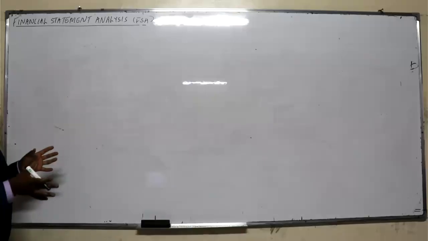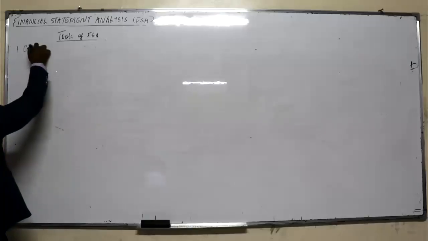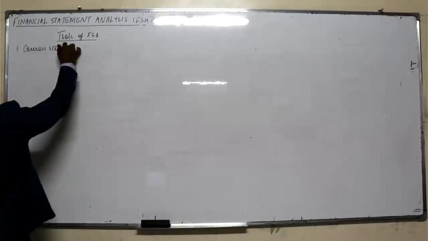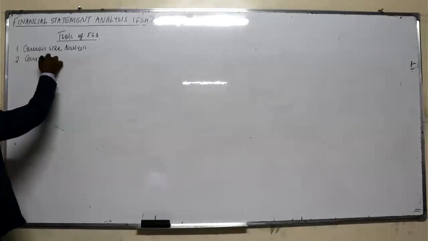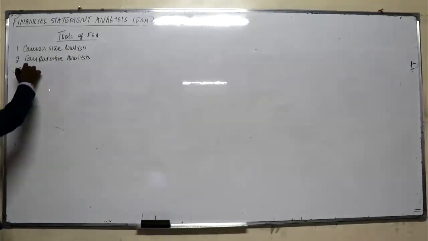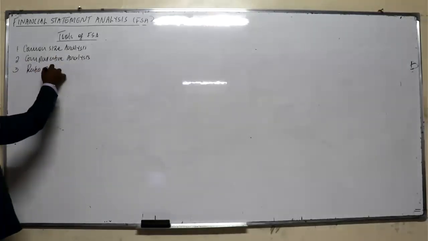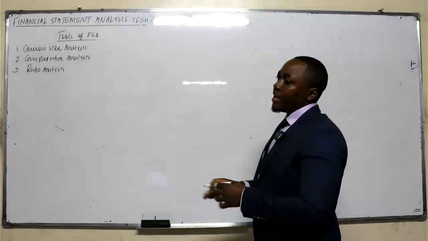So now we can start on financial statement analysis. It's all about summarizing the financial information that you are given. In this case, we have three major tools of financial statement analysis. Number one, we'll be evaluating what we call the common size analysis. Number two, we have the comparative analysis. And then number three, we have the normal ratio analysis. Those are the tools in financial statement analysis, which are used to summarize some financial data to other